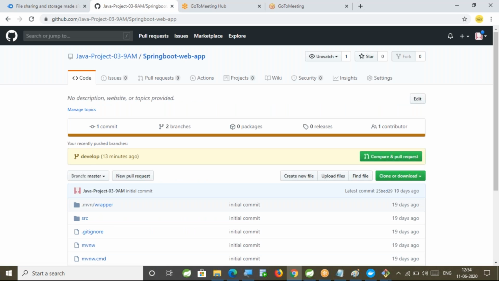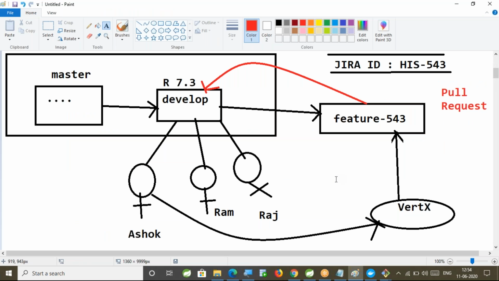What Git is saying is, hey Suman, you committed code to the develop branch, create a pull request. Why? Because your branch was created from the master, but you committed the code to develop. The code you committed to develop is not there in the master. You can merge the code from the develop branch to the master branch by creating a pull request. Same thing for Ashok also.